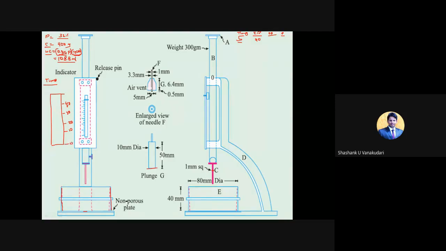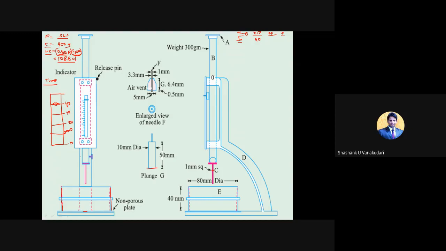Clear? So now this reading, whatever it shows, okay, this is 10 now. This is 10 and then this is 0. So initially that needle will be here. I mean the reading that you are going to take will be here.